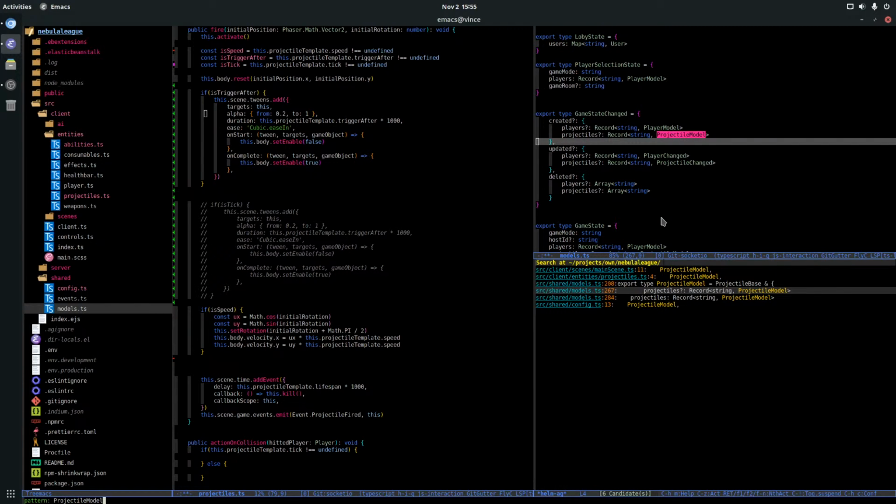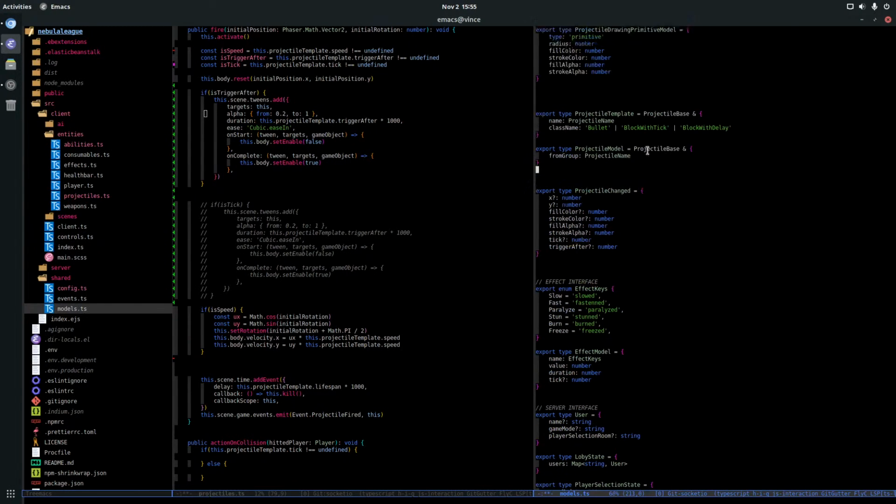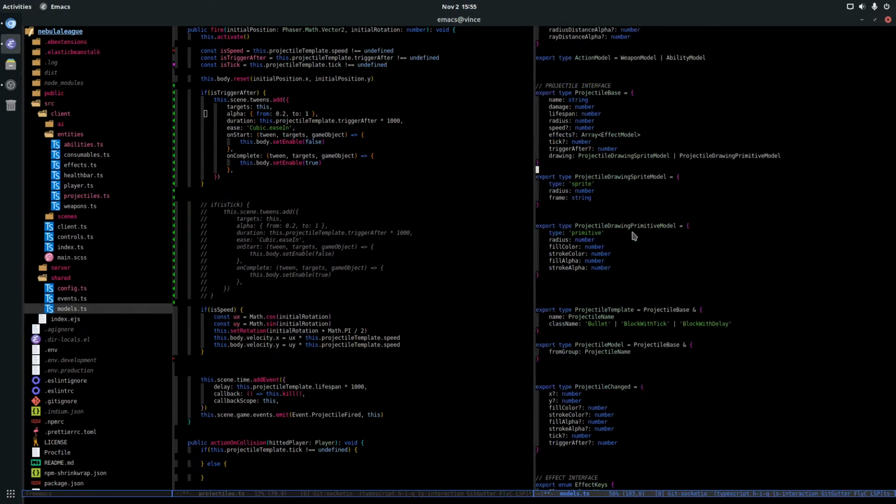Yeah, that's strange. But it's explicit somewhere else. Oh man, I don't know why I did that. Yeah, I need to change that also. So many things to do. The difference is the template has a name, the model doesn't.